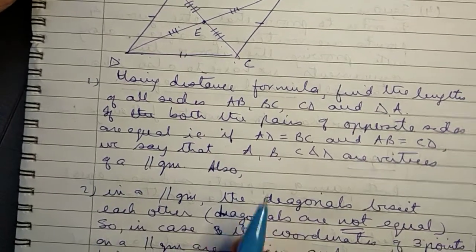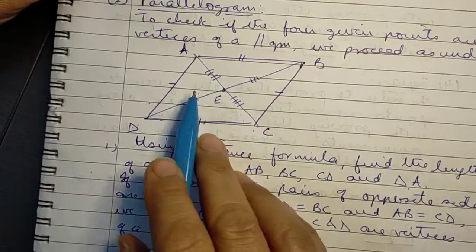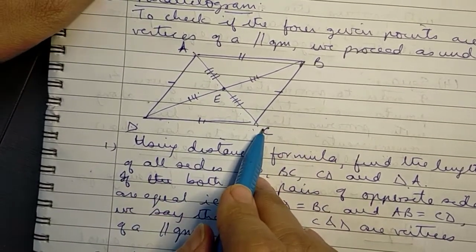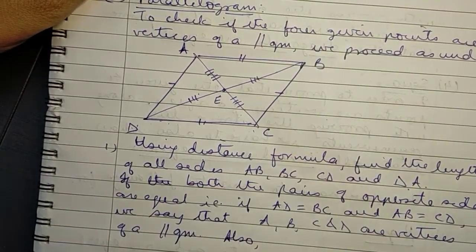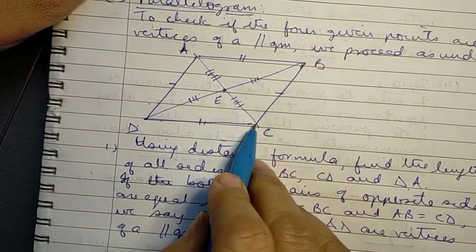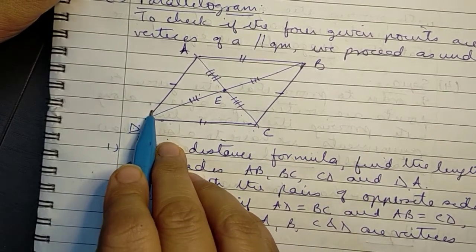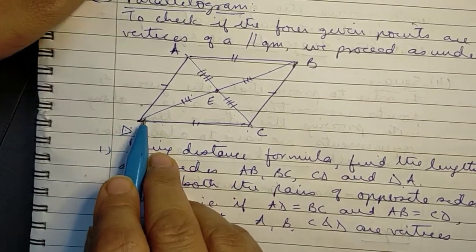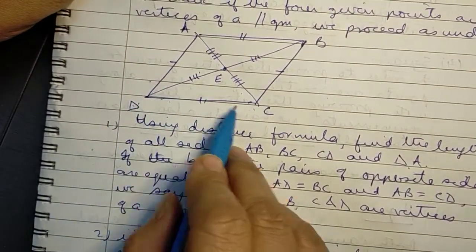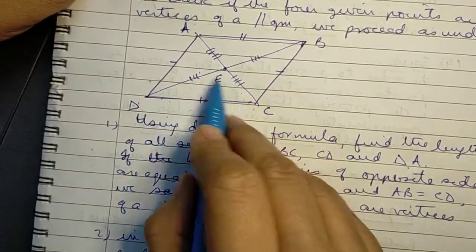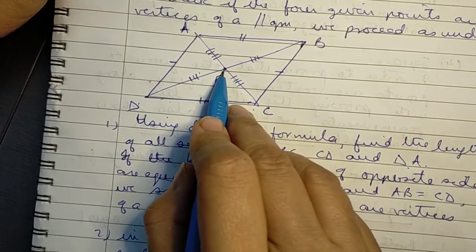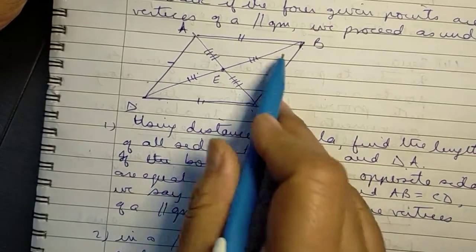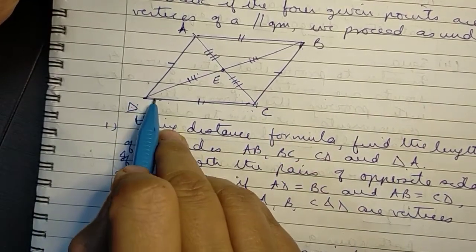parallelogram. Now sometimes instead of giving the four vertices, we are given only three vertices, and we are also told that they are vertices of a parallelogram, and using that we have to find the fourth vertex, or the coordinates of the fourth vertex. In such a case, we make use of another property of a parallelogram, that the two diagonals of a parallelogram always bisect each other. So using this property, suppose A, B, C are the vertices which are given to us, and D is the one which is to be found out.